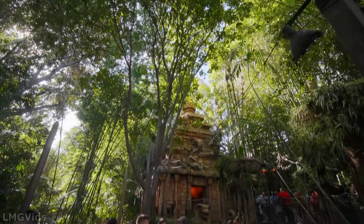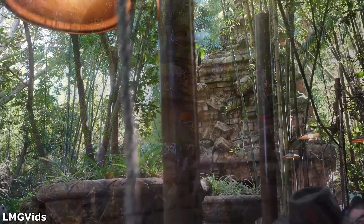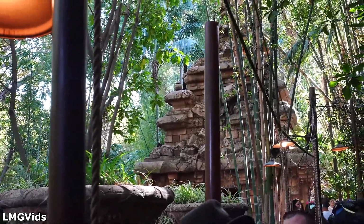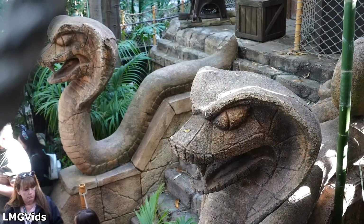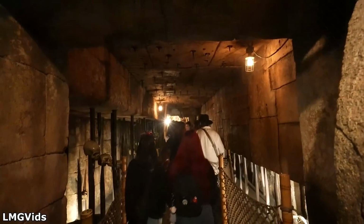The queue is one of the most important parts of any theme park experience. It establishes a strong foundation, creating a place where environmental storytelling and immersion can stretch their legs fully. The Indiana Jones Adventure queue is no stranger to this, incorporating many effects and techniques we still see in the